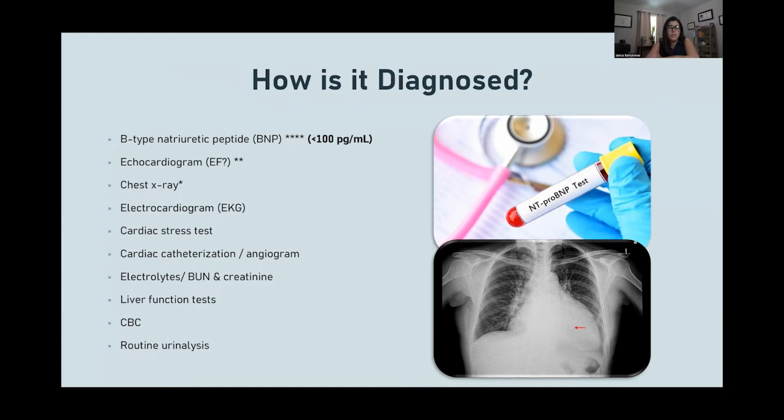failure. The reason for this is because this peptide is released whenever the ventricles stretch, and because they're overloaded with fluid, or blood being backed up, you have this peptide being released. So normal level is